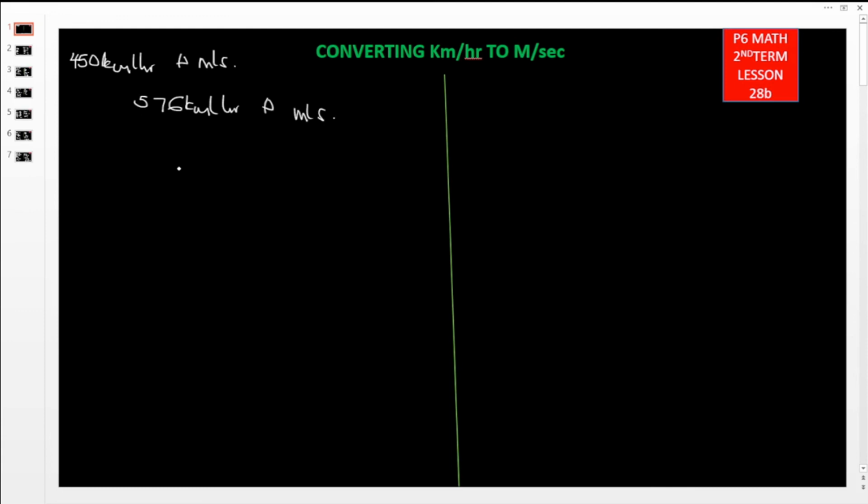Then convert 511 kilometers per hour to meters per second. Then convert 4032 kilometers per hour to